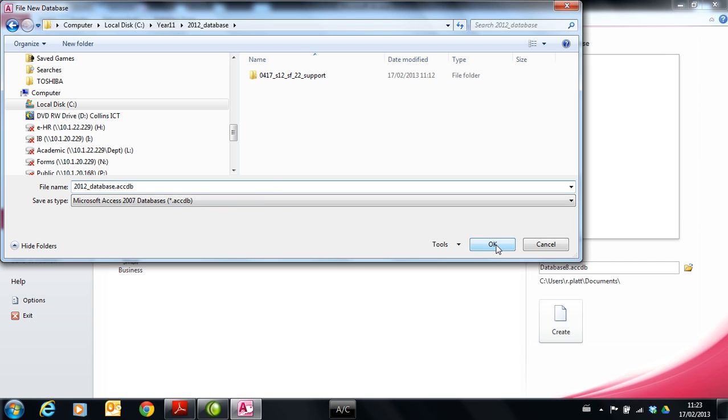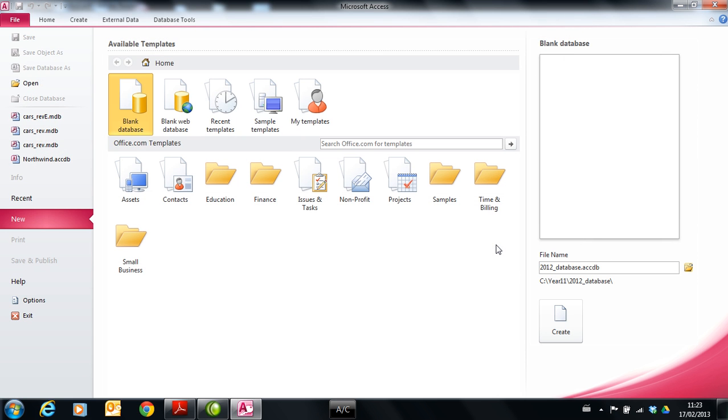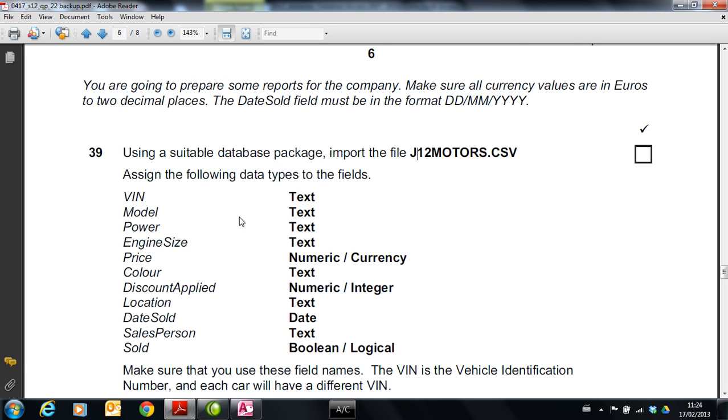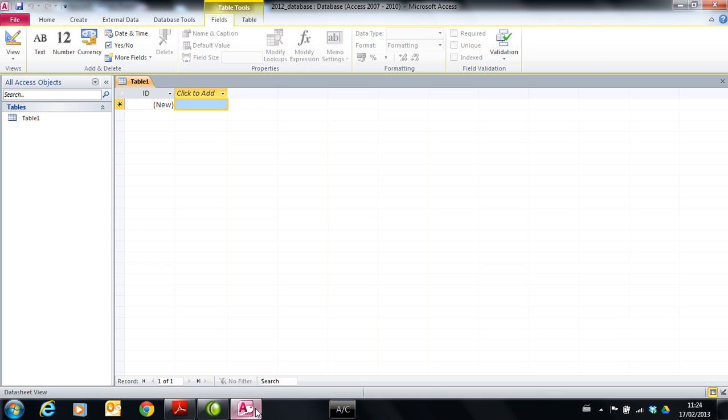And we haven't actually created it yet, we've just assigned a name to it and we've found a place to put it. So now we just make sure we're on blank database and we then click the create button. And it just makes a blank database. Okay, now the question paper says we have to import the file J12 Motors CSV. So we have to import